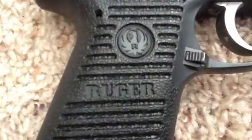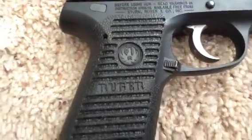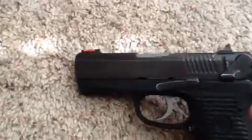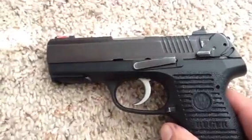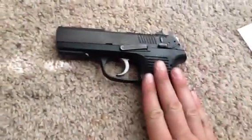Alright, Bones here. Doing a quick rundown on this Ruger P95. Just want to give my 2 cents on the guns and the gear I come across. And this is a firearm that